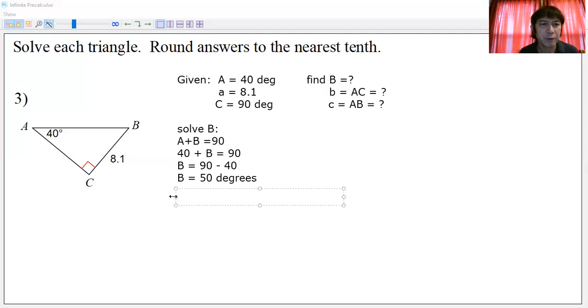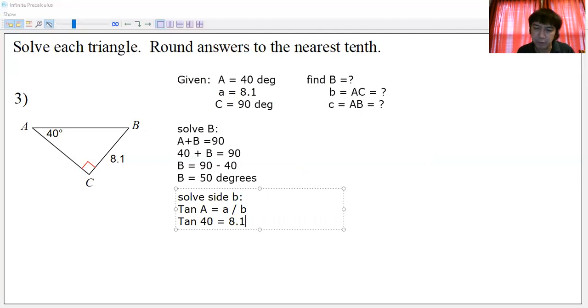We're solving for side B. Here's the formula: tangent of angle A is small a over small b. It's opposite over adjacent. At this point, you must be familiar with the formulas for the trigonometric ratios. So this will now be tangent of 40 equal to 8.1